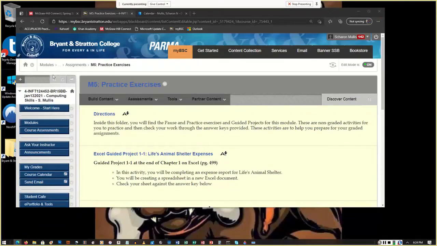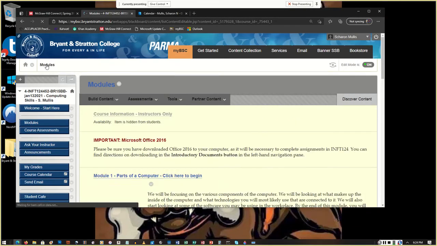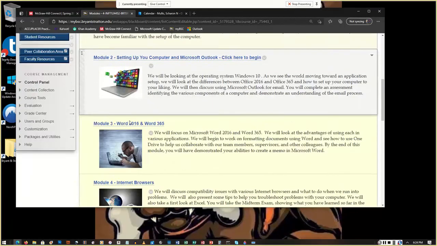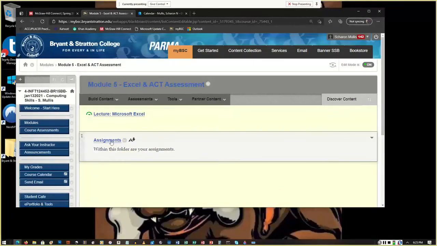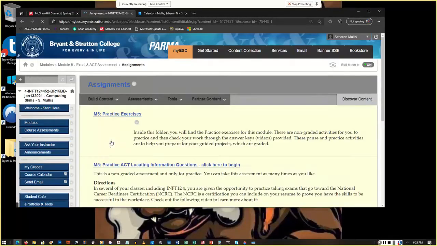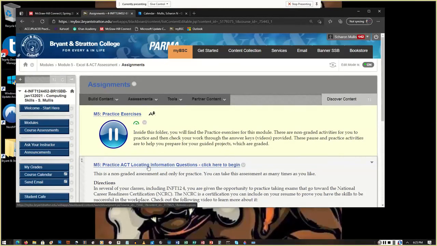So to get to tonight's exercise, which is again Excel 3-1 pause and practice, you have to go into Blackboard for this class, go into modules, scroll down to module 5, go to assignments, and again you'll be doing the module 5 practice ACT after we get done with this pause and practice exercise. But for this exercise, you go to module 5 practice exercises,